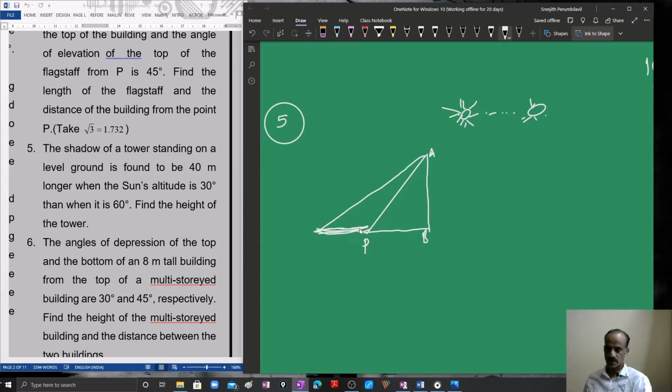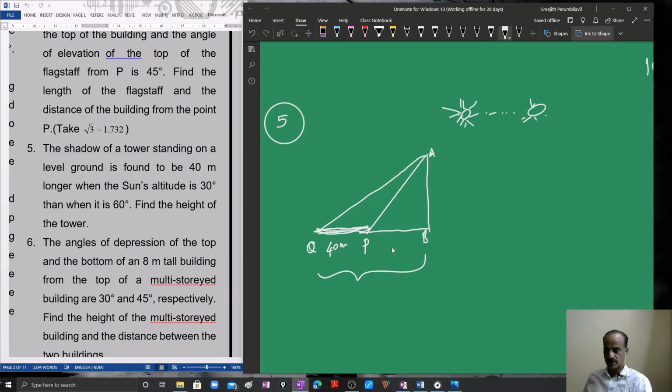The shadow is a little longer. How much longer? 40 meters longer. Now, that is 40 meters longer, not 40 meters long. In the second case, the shadow is this much. In the first case, the shadow is PB. The shadow of the tower standing on level ground is found to be 40 meters longer